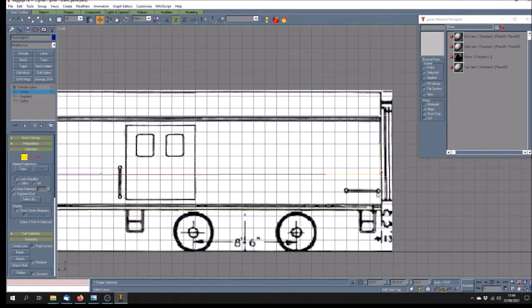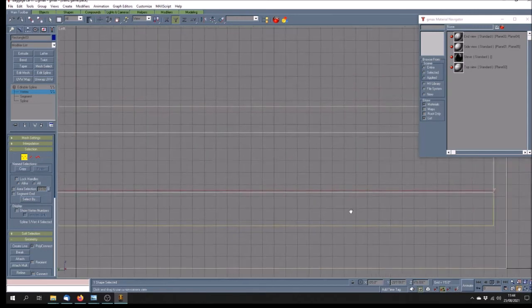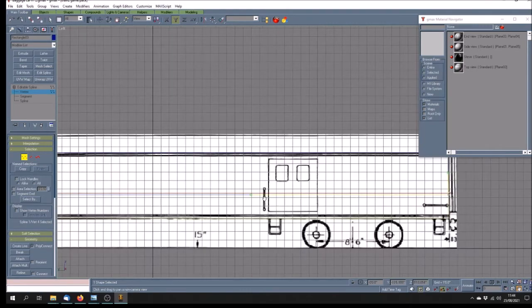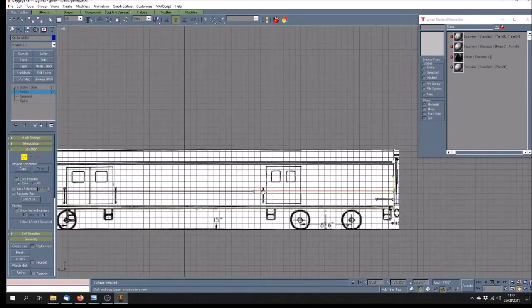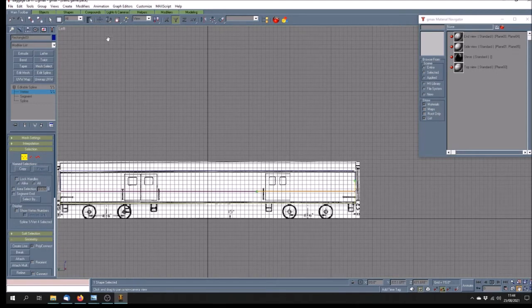Why am I spending all this time doing this when I could just bash away, bang out a mesh, which has got holes in it, it'll be a nightmare to texture. Absolute nightmare. Now I don't think that's wide enough, but I'm going to live with that for the moment because I'm going to adjust the upper points. I'm going to bring those down to 6'6",